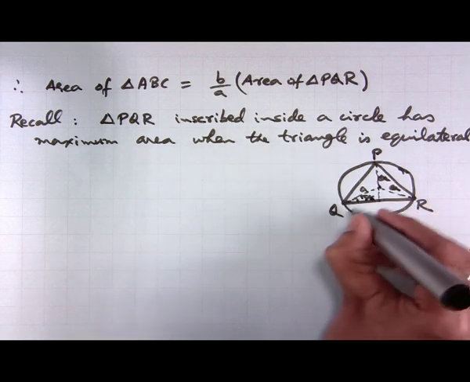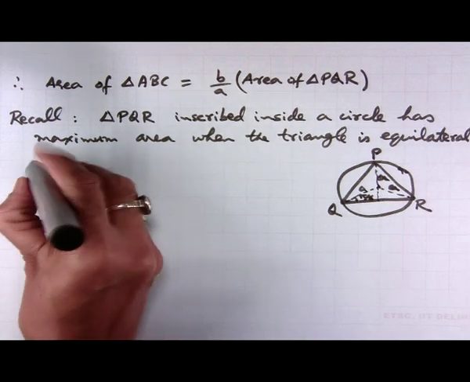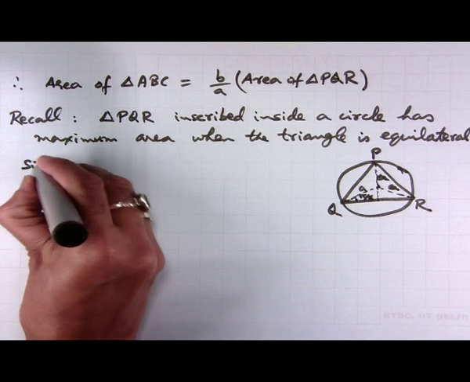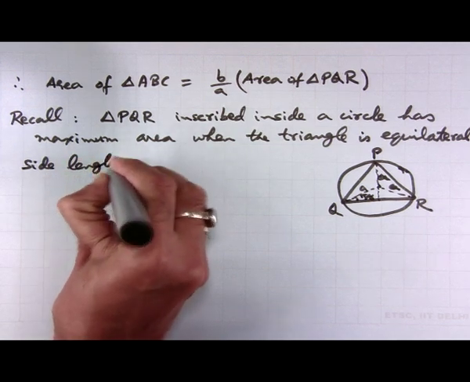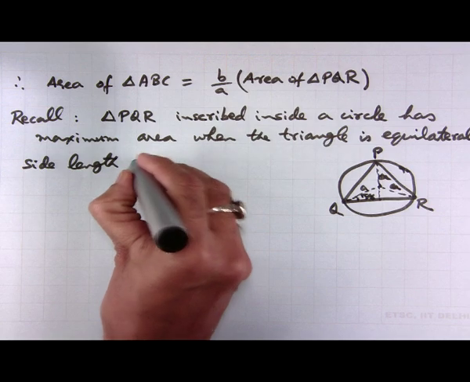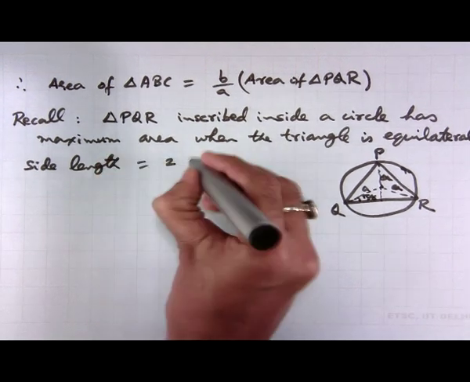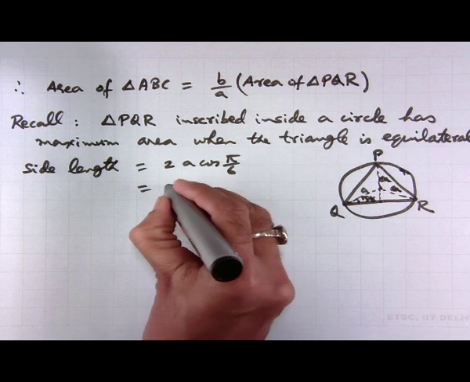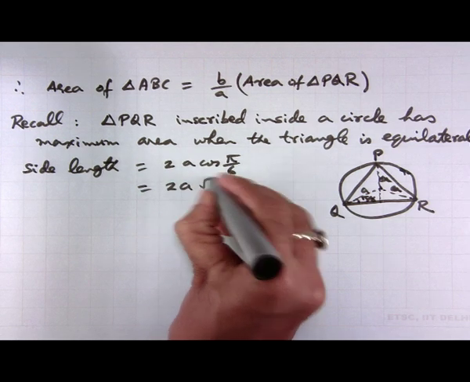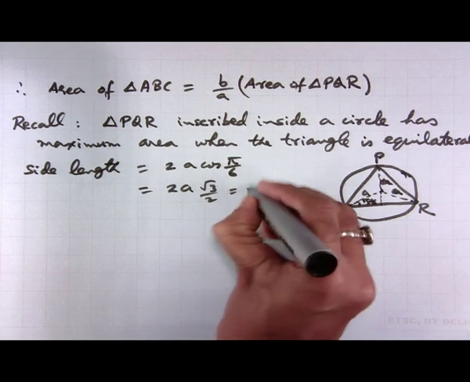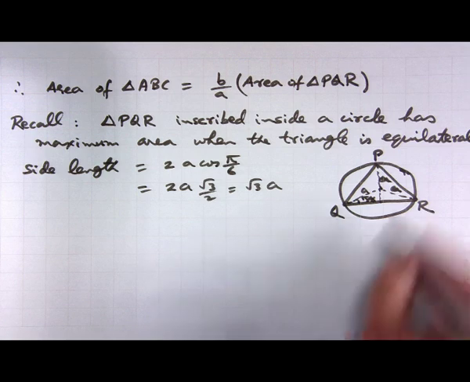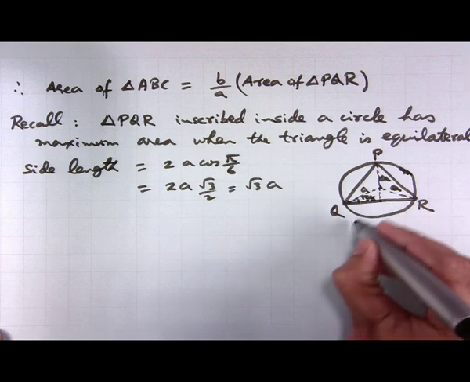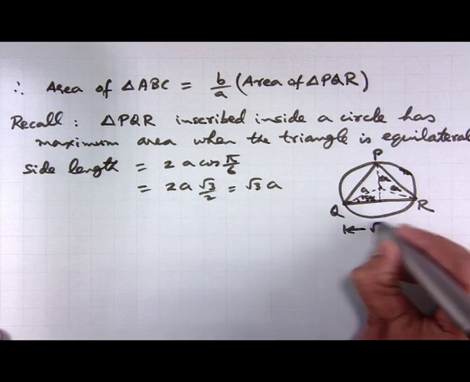So, the side length will be 2 times A cos pi by 6, which is equal to 2 A into root 3 by 2, root 3 times A. So, if A is the radius of this circle, then the side length QR is root 3 times A,